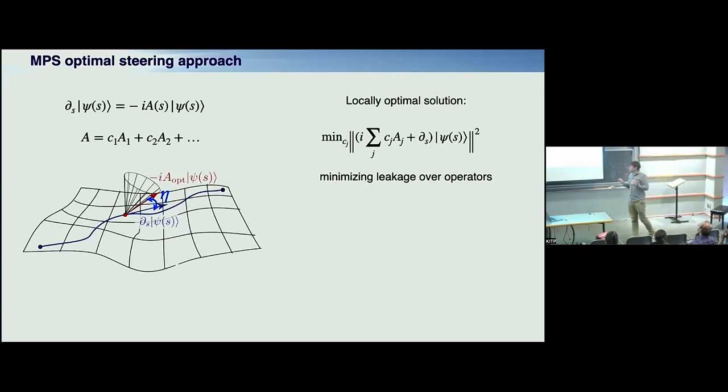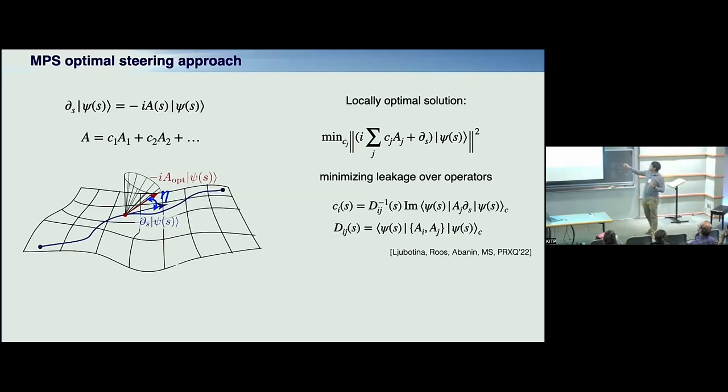The answer is very simple. It's a quadratic function, so you can work out an answer. The answer depends on some pseudometric and some overlap, and these are both very efficiently computable within MPS. In MPS, I can calculate this two-body observable, and this is the overlap of the tangent space with a given operator. So it's not a very complicated thing. And then I also have a measure of control, how well I'm driving, and this would be sine squared of this angle. If this angle between my best direction and where I want to go is pi over 2, I better stay where I am. I'm not going where I want, I'm leaving my manifold. If this angle is 0, I'm in business, I'm doing perfect driving.